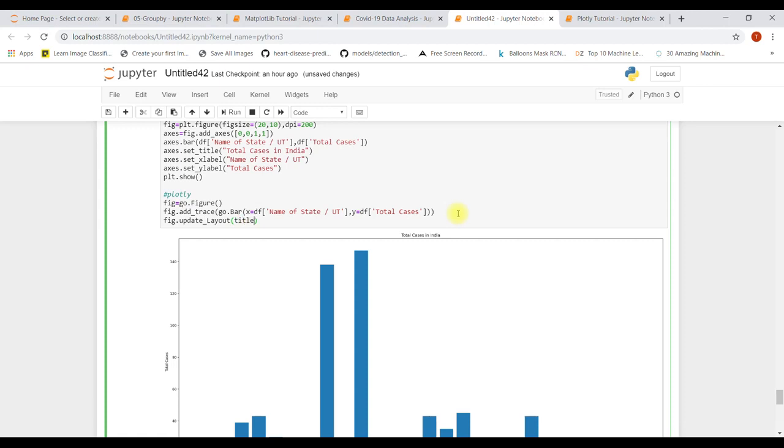Title you can write same as above, but now understand this one. Okay, how to give the x-axis label. Okay, xaxis equals dict, because it takes a dictionary form. Okay, dict, title equals